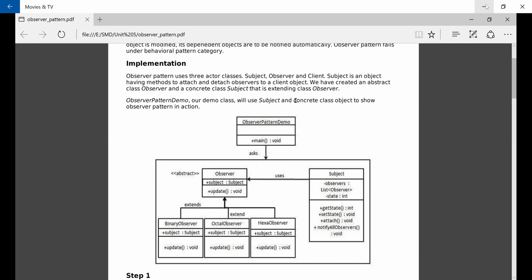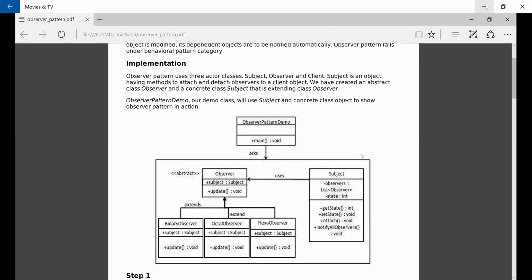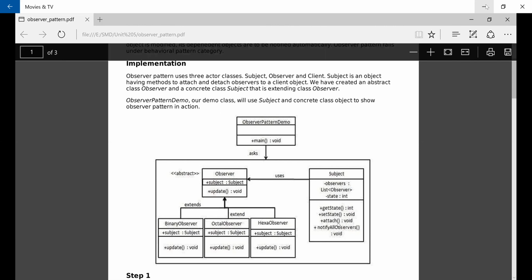The subject is an object having the methods to attach and detach the observers to the client object.